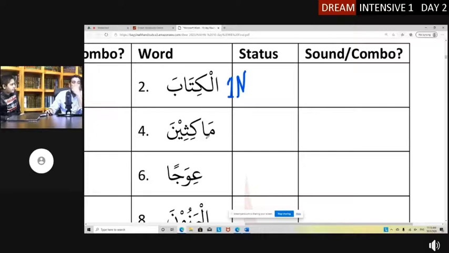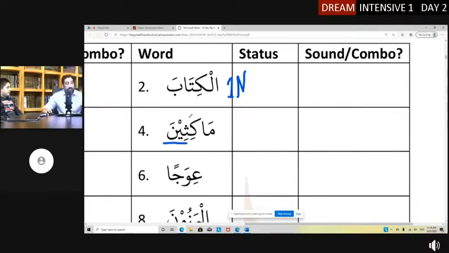Let's do number 2 or number 4. Makithina, Mariam. Makithina. That's a combination. Is it? Yes. Okay. I'm going to ask somebody online. Makithina. Is this a sound or a combination? Yeah. It's Ina. Answer this for me online. Is this a sound or a combination? No. Answer what I ask. Don't answer what you feel like answering. Not a combination nor sound. Wow. No, that's not true. Enough of you said combination. It is a combination because it has ina at the end.